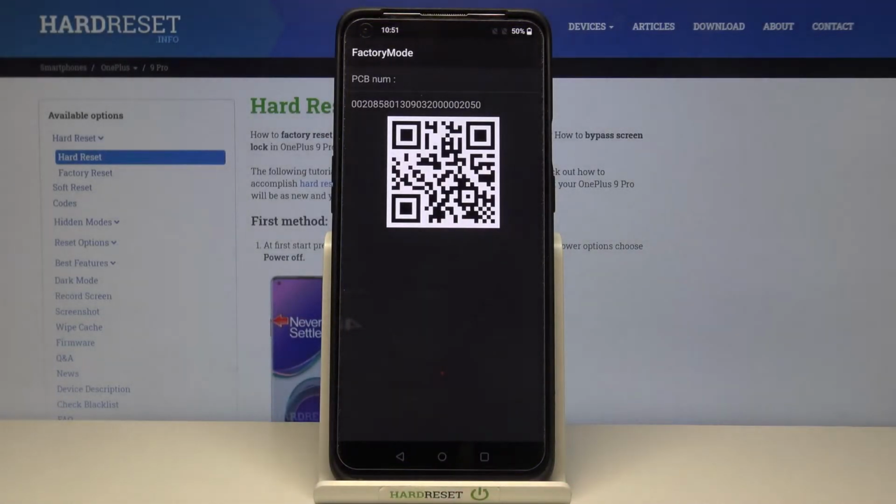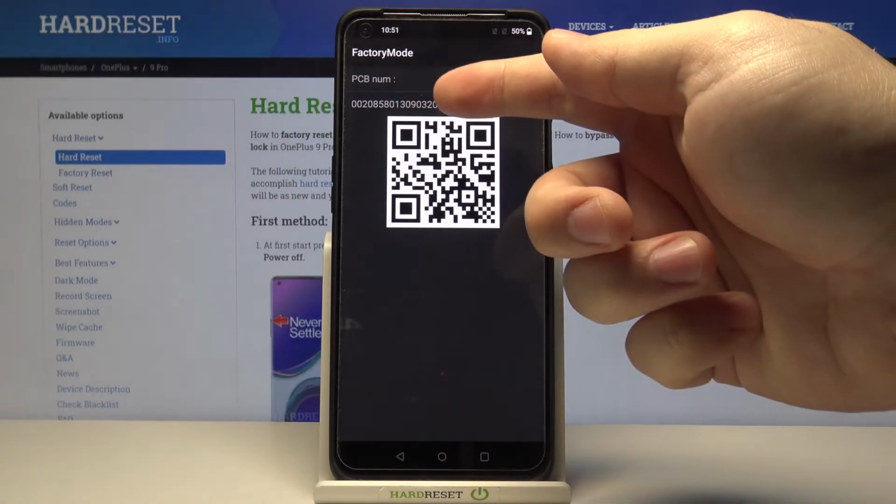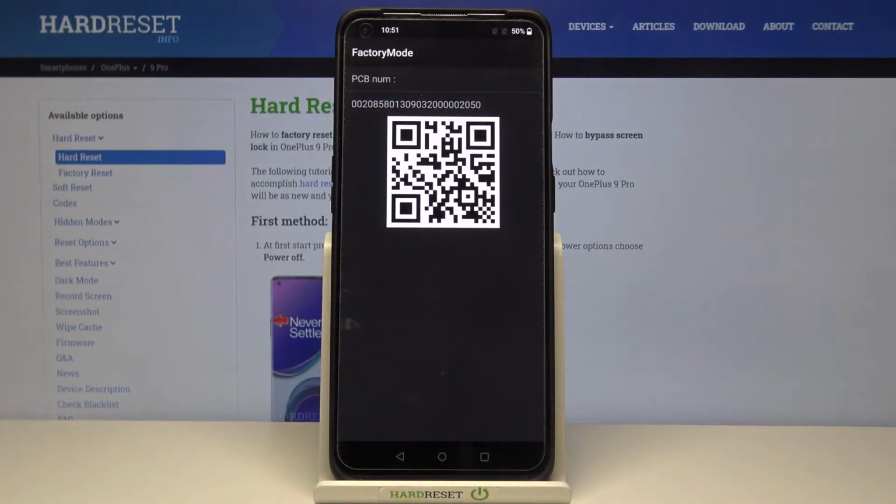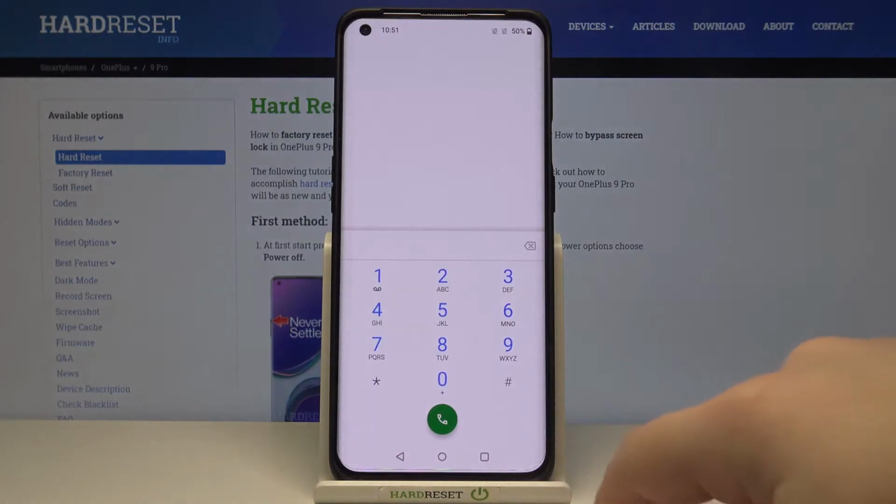*#888#, and this code opens the hardware PCB version check and QR code. Basically, here you can check the hardware version of your PCB, and you can also scan the QR code for more information. Okay, let's go back. Another code we can enter is